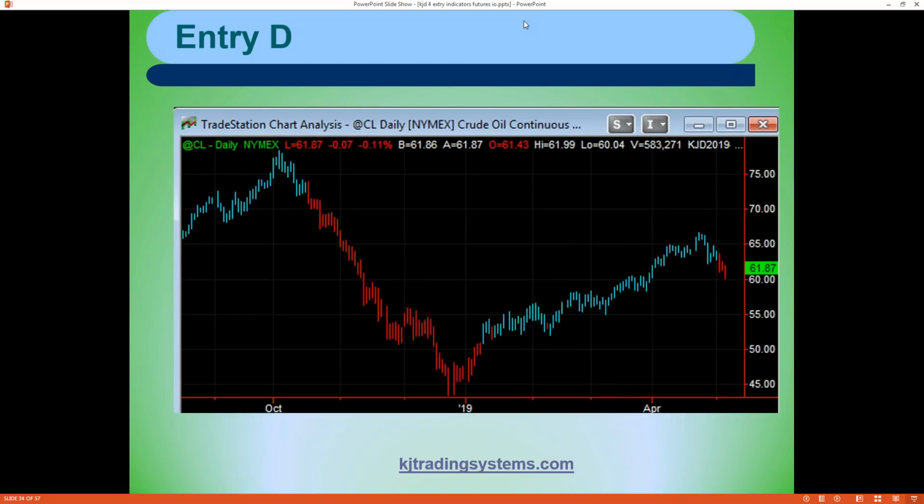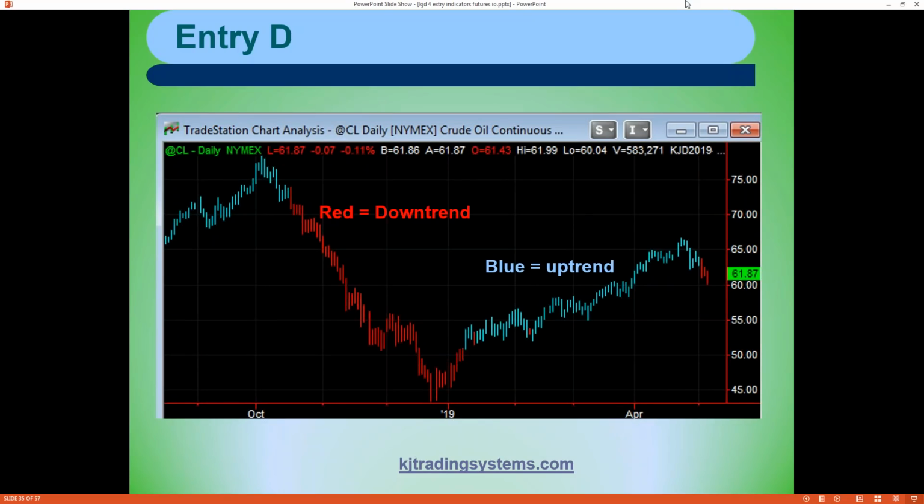Here's a chart with it. And you can see it does a pretty decent job of identifying the uptrends and downtrends. Not perfect. It hangs around a little too long with this uptrend here and exits a little too late here, but